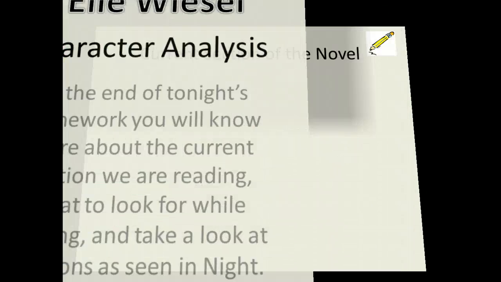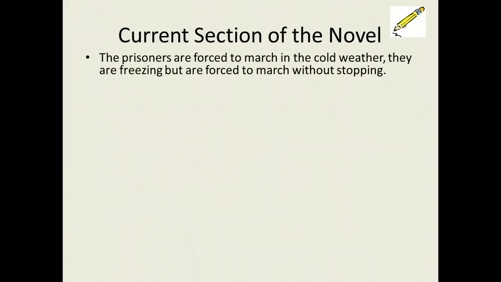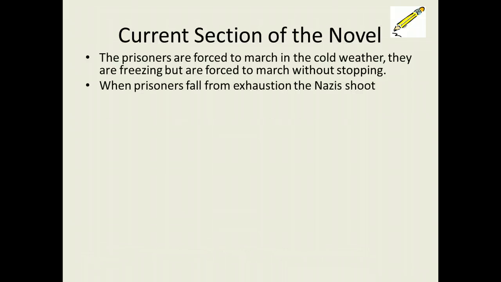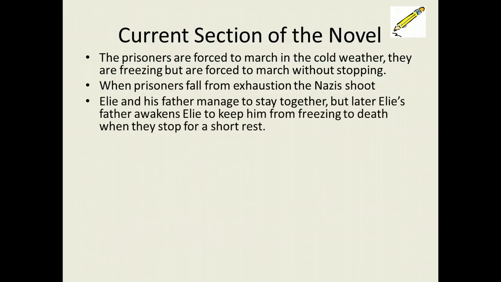novel. Okay, so currently we're reading about how the prisoners are forced to march in the cold weather. Elie does a really good job at explaining and describing how they're freezing and being forced to march without stopping, and when the prisoners start to fall from exhaustion, like literally fall to the ground, the Nazis just shoot them with no regard to the fact that, you know, they could maybe keep them alive if they just stopped and let them rest. And at one point when they are allowed to rest,